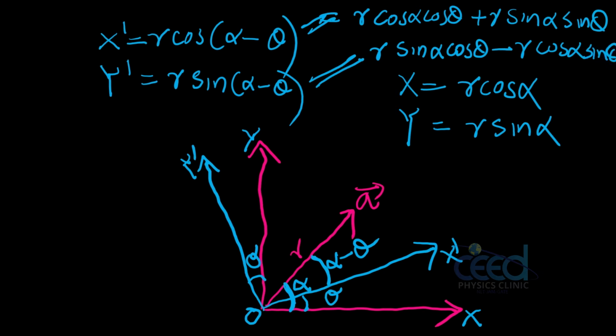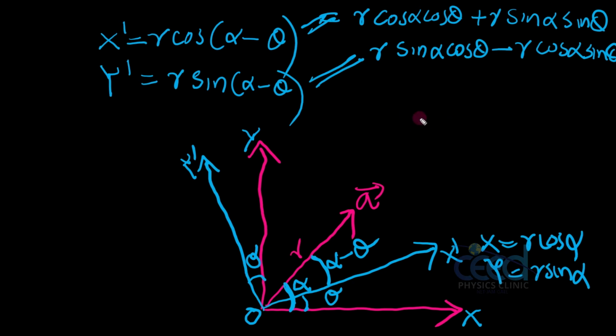So this is the new x dash. So what is r cos alpha? We already know this r cos alpha. Let me erase here. So here we know that x is equal to r cos alpha and y is equal to r sin alpha. This is our initial coordinate. So you can represent this x dash by replacing x is equal to r cos alpha. This I am representing as x cos theta, and this r sin alpha I can write as y sin theta.